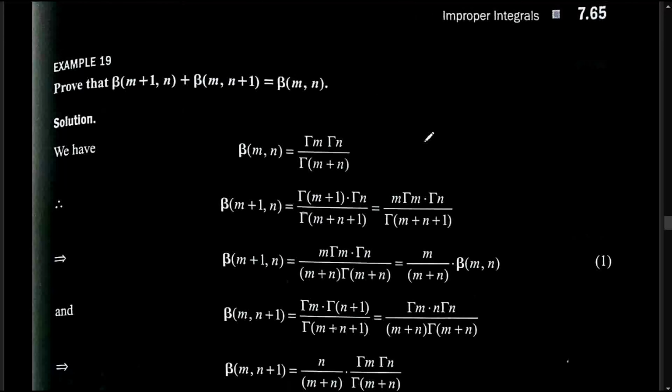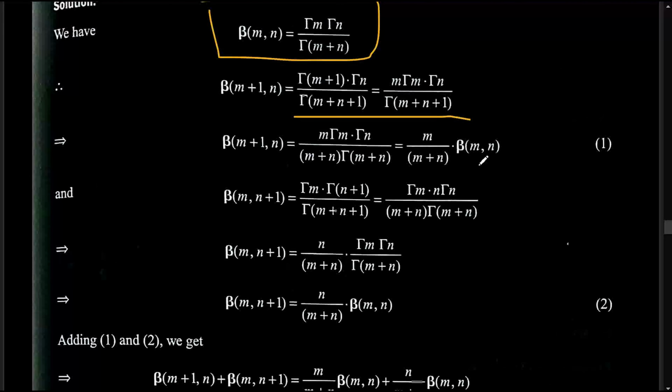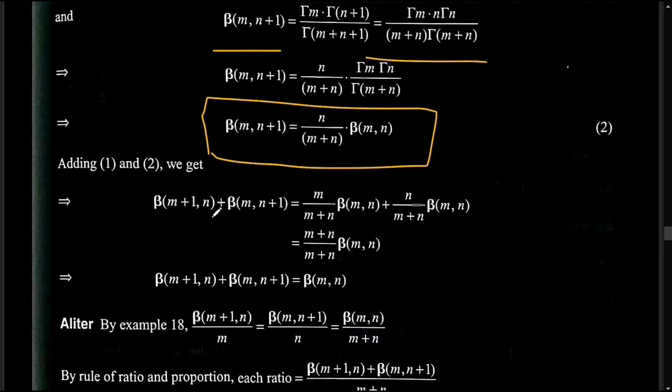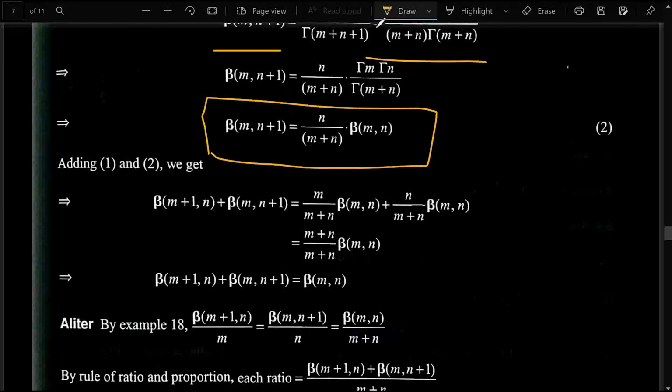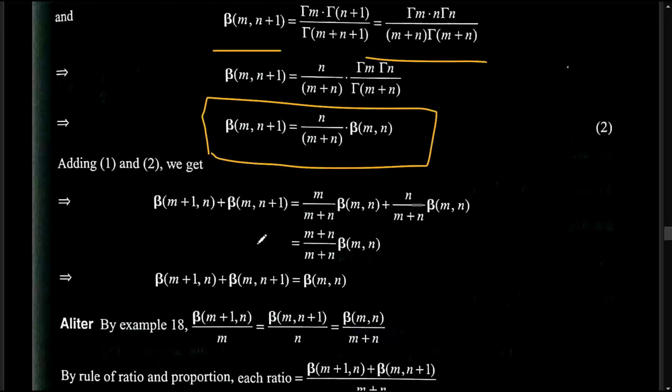And this is also really the same thing. We know this relation between gamma and beta function, and just simplify. We get this, and again take the second one, just simplify. We get this, and at last you get the desired result. Simple. And there is also an additional method. We can do this method, or also this method, which we got from example 15 and the preceding examples.